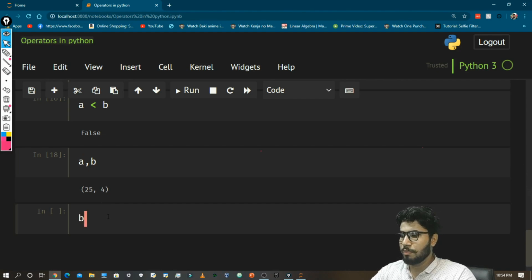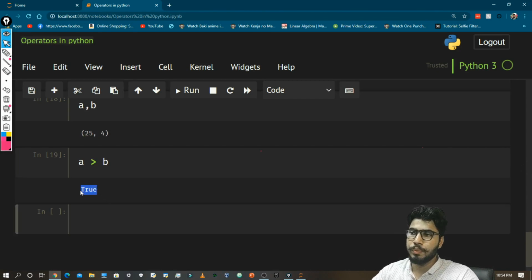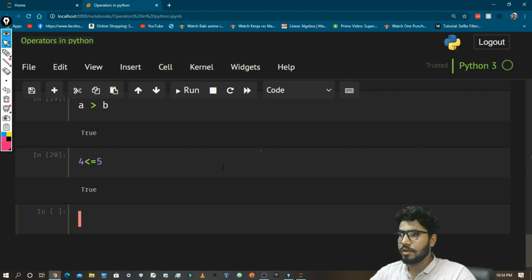Okay, so A is greater than B. It should be true. Now 4 is less than or equal to 5. True. 5 is less than or equal to 5. True. And similarly greater than or equal to. So these are all comparison operators.